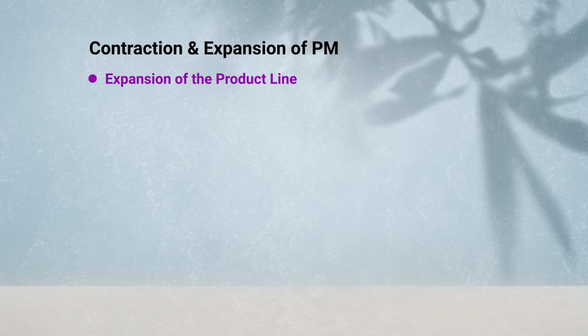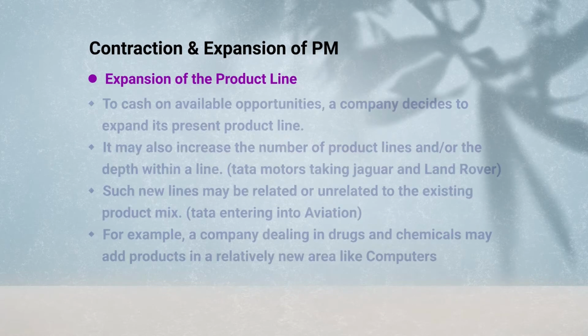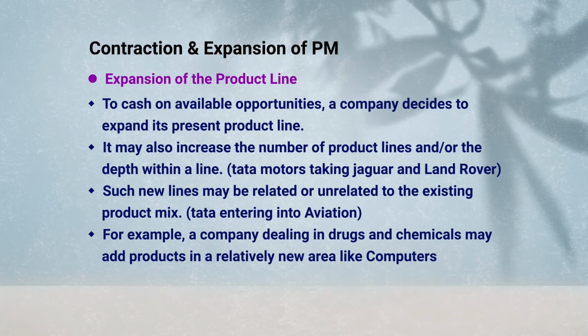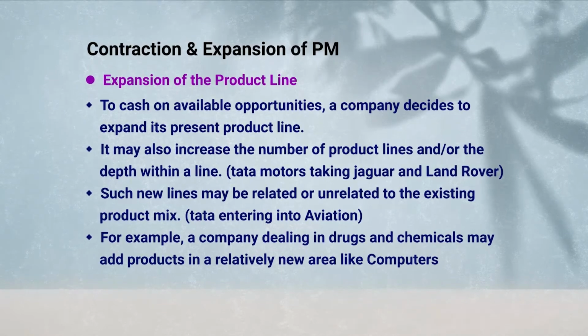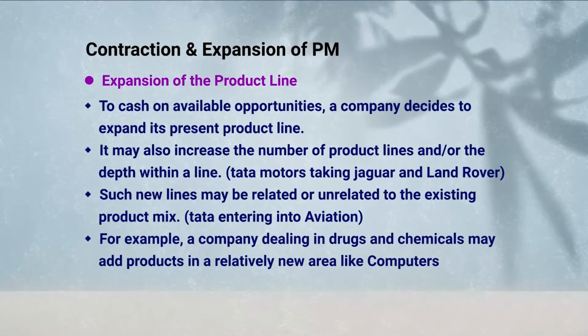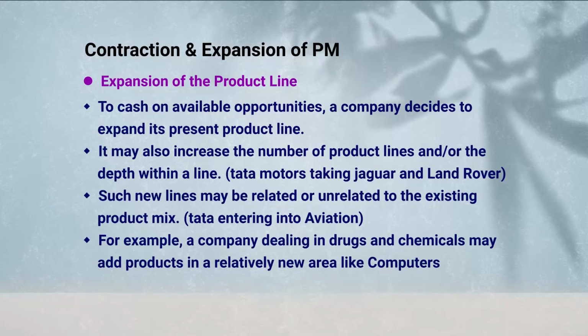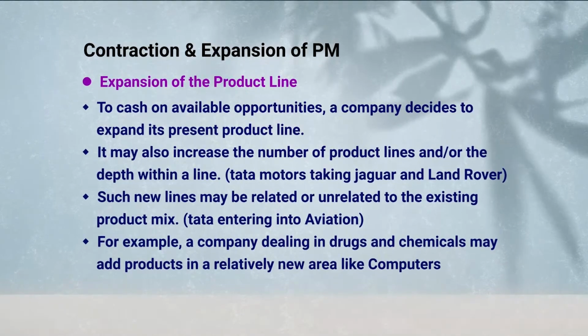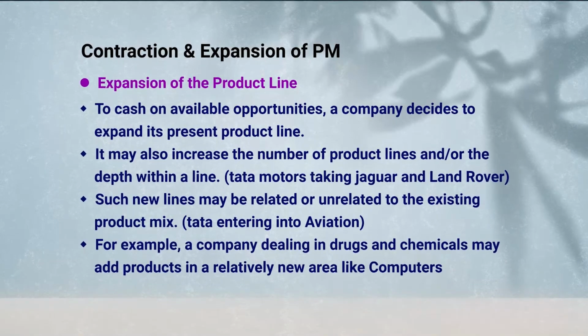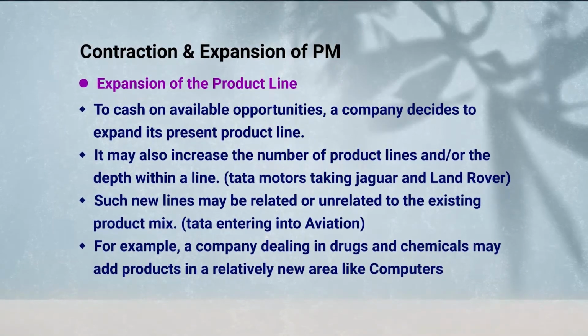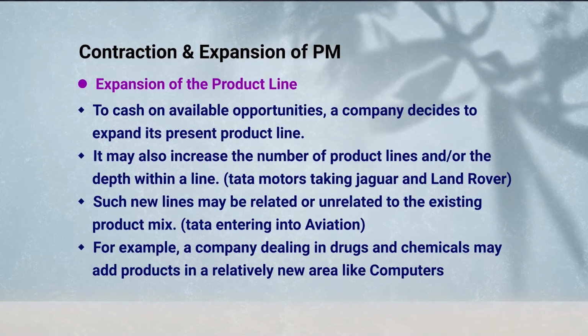Now the second thing is expansion of product line or product mix, which is just the opposite of what we have already discussed. Contraction means suspending, so expansion means adding, right? If you are adding another product in your product line, that becomes expansion of product line. But if you are adding a whole new product line to your product mix, then it becomes expansion of product mix. For example, suppose a company is dealing in drugs and chemicals